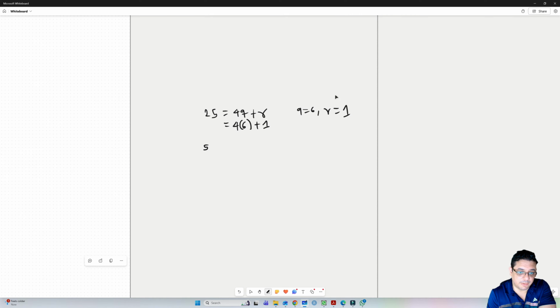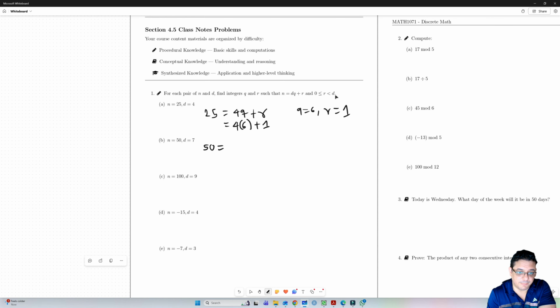Now for 50, we do the same thing. So we have 50. How many times can I fit 7 in 50? And so I'm thinking the same thing. I want to do this relationship. So 7 times 7 will be 49. So if I get 7 times 7, 49, plus 1, and then once again I get q equals 7,